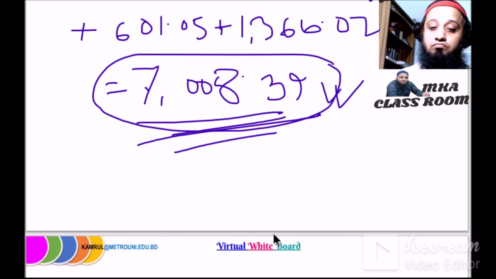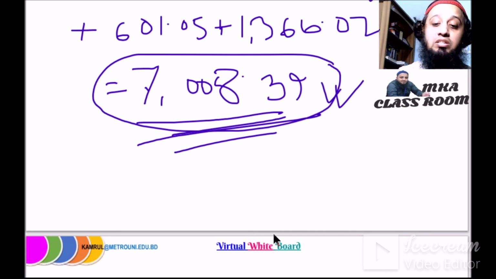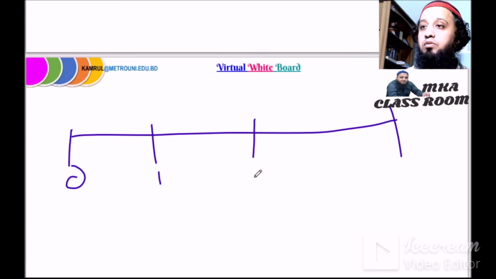Here I said, if you were to invest each cash flow when you receive it, how much would your investment be worth at the end of year 4? That means this is the future value. Whenever you receive this amount at years 0, 1, 2, 3 and 4, here I said you are receiving